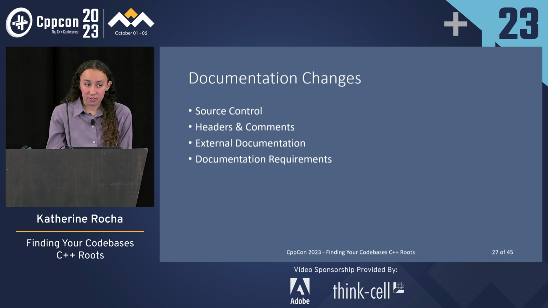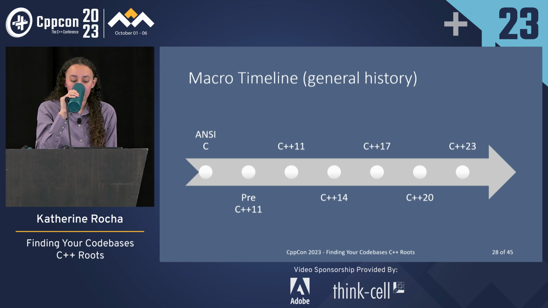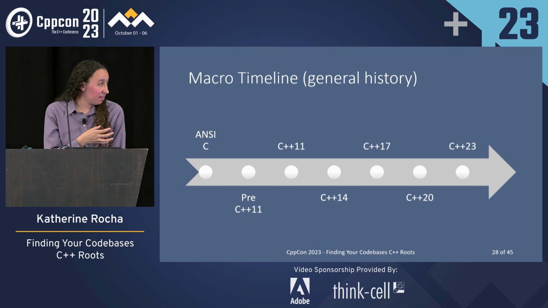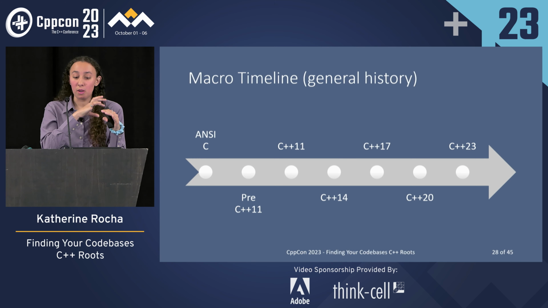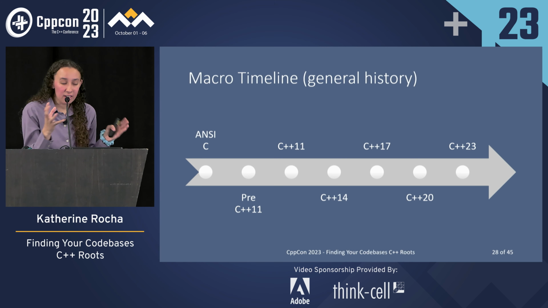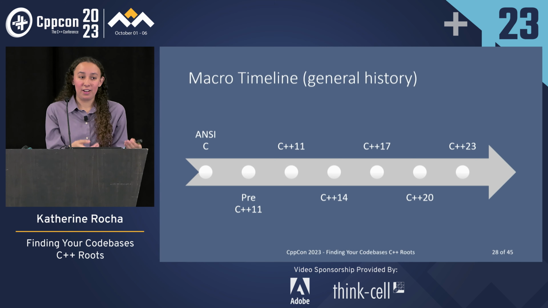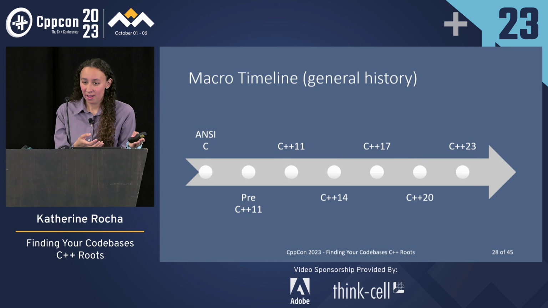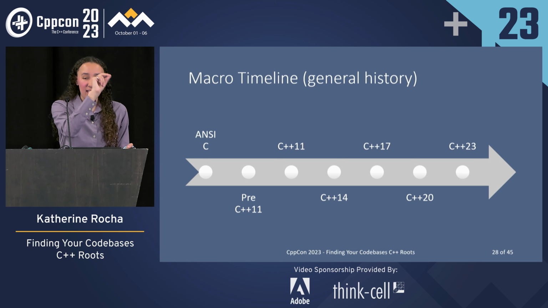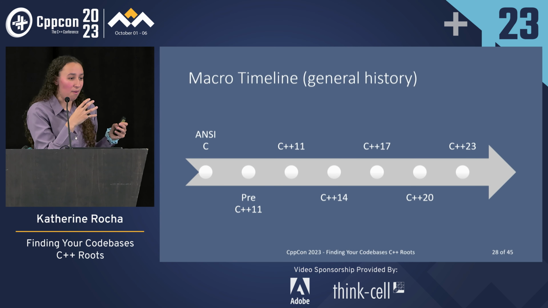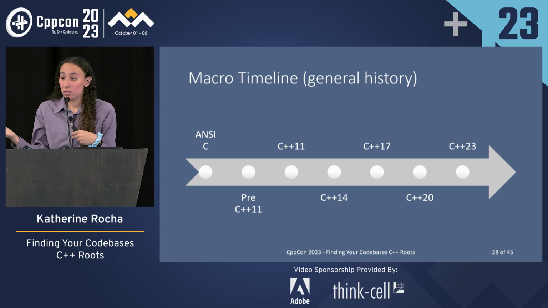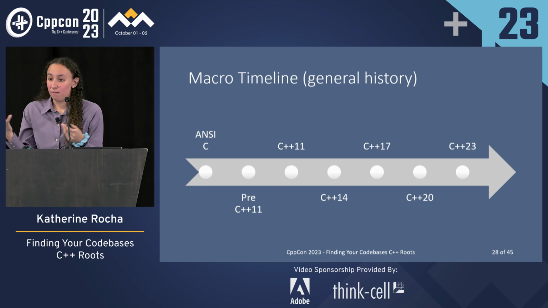So now we're going to jump into the macro timeline. With the macro timeline, we have C moving all the way up to present. And as pretty as this is, one of the things I figured out while working out how this talk works is that this is probably one of the least pretty graphs you could end up doing. Because we have the committee trying to come up with new ideas, and these are all being inserted back in, so it makes it really hard to figure out where people are actually figuring out things, as well as when someone listened to something or learned something influences when they ended up figuring out this stuff exists.